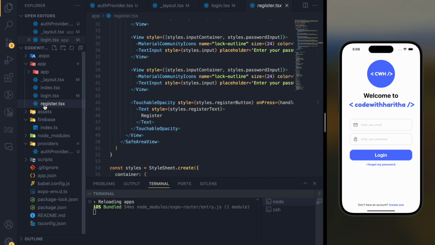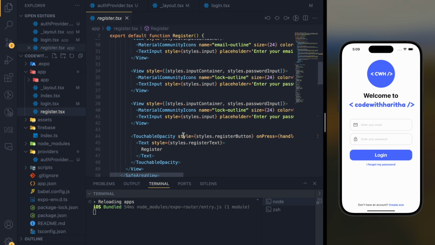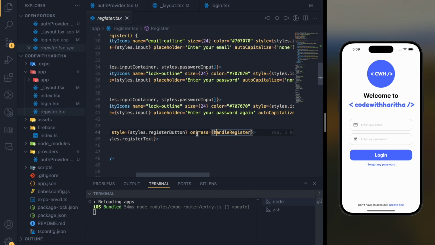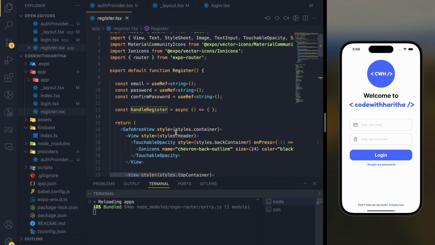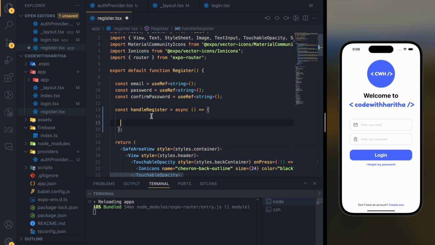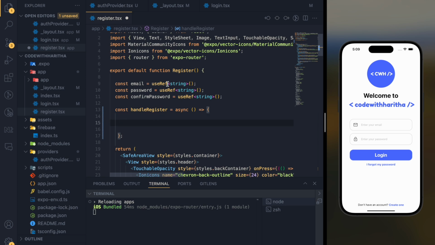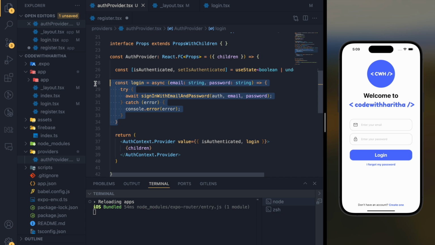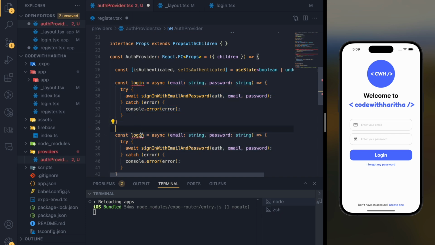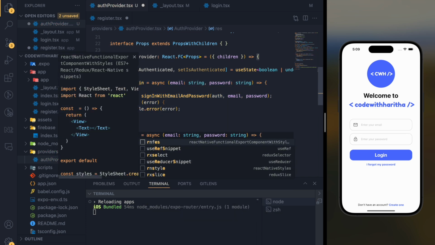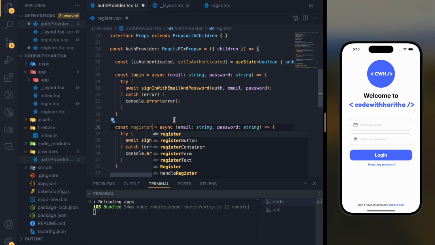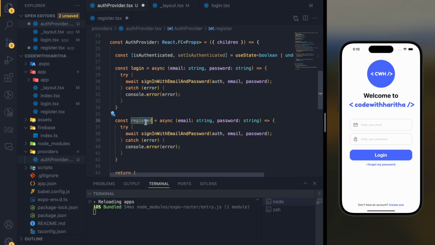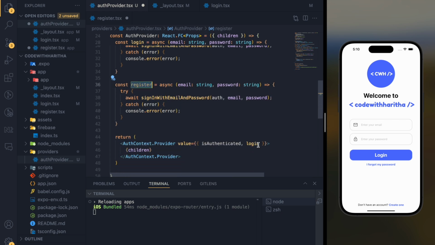So let's go to the registration file. So here also we have this on press the handle register function. So here also we need the register function from Firebase. So let's go back to the Auth Provider and create a registration function. Let's name it register. Same parameters as the input, so we can pass it over here,